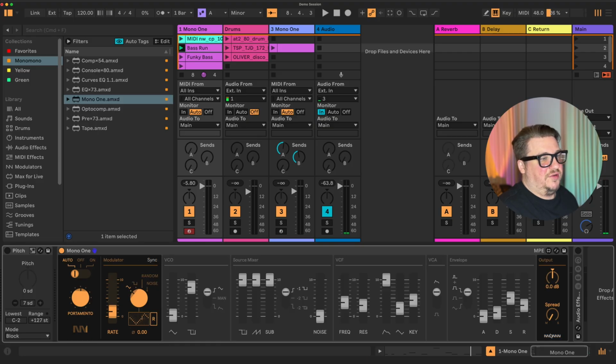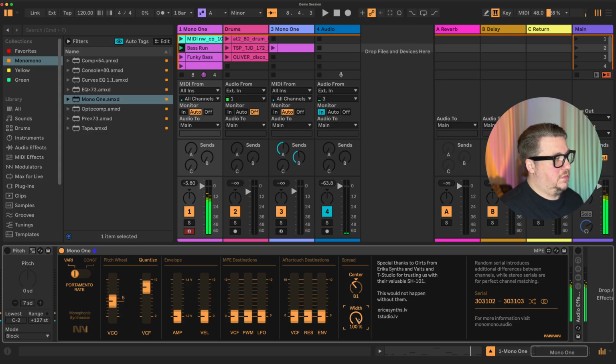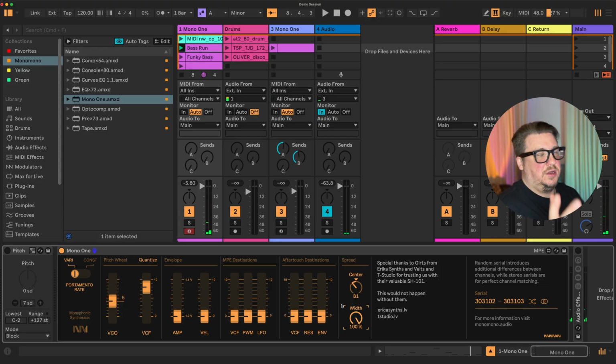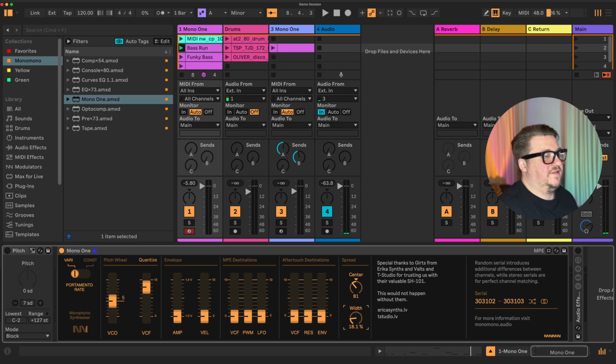So let me show you really quickly how it sounds. I'm going to increase the spread. So let's go. You can hear the note is now played on the right channel, hopefully, and the higher notes play on the right channel. Alright, and you can set this spread or the width however you like, and you can set the center depending